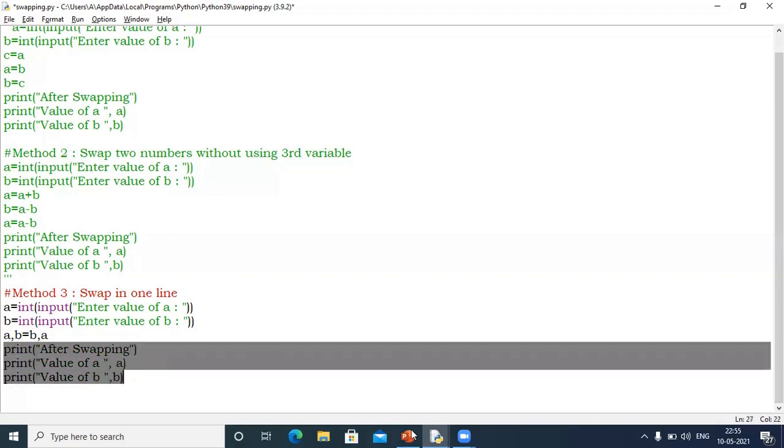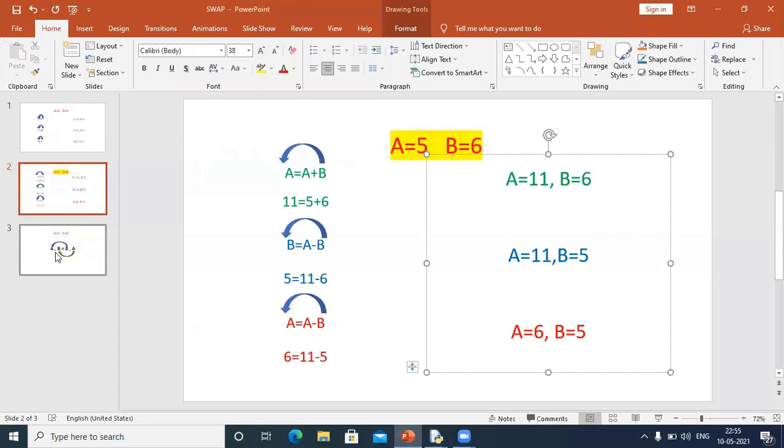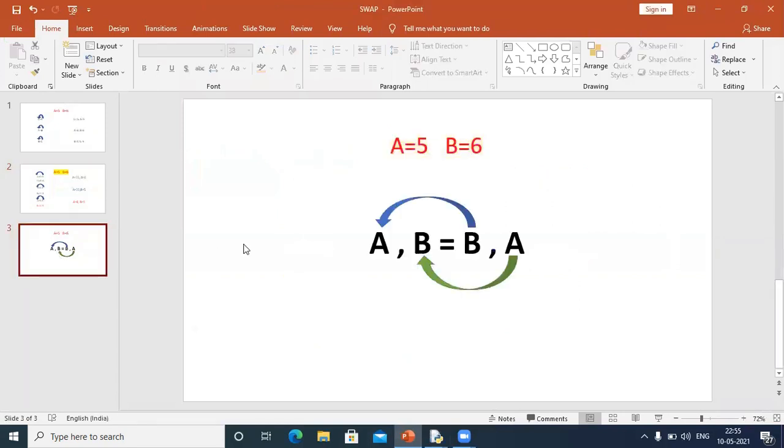So let me explain my third method on the slide. See, in this, again, I have taken the value of A as 5 and B as 6. Now, as I told you, as soon as you copy a value into a variable, the previous value will be overwritten. So if I copy the value of B into A, B is 6, so A will also become 6, and there will be no 5.